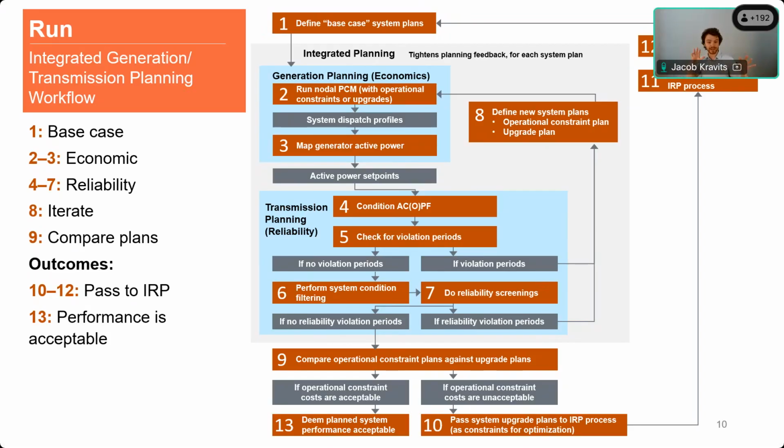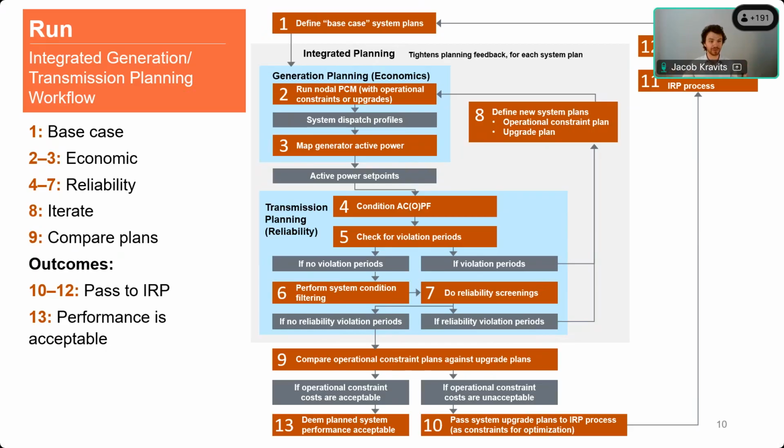And I'm going to take a step back. We approach each of the 5 planning interfaces that I showed on the previous screen with this same level of technical rigor. I can't go into the depth for this presentation, but I really want to encourage you to consult the guidebook. If you want to do generation customer integrated planning, consult the chapter on that. So that's the heart of the guidebook, the walk, jog, run integrated planning framework.